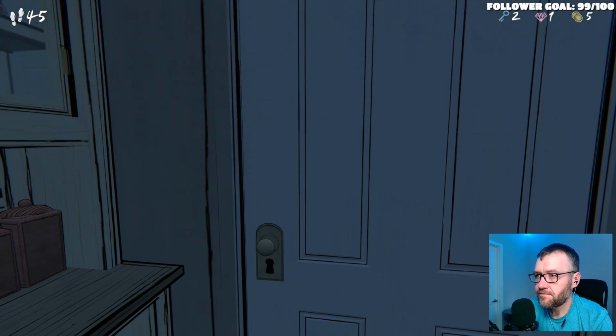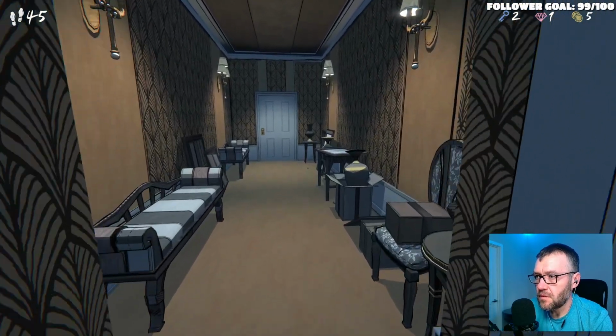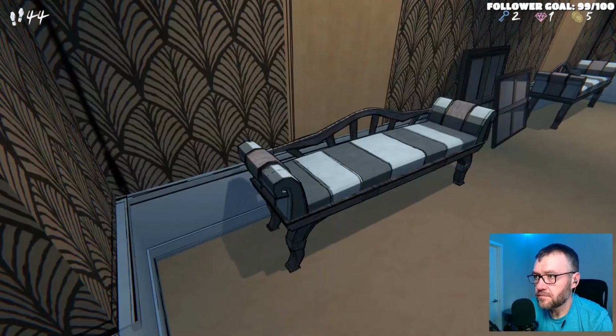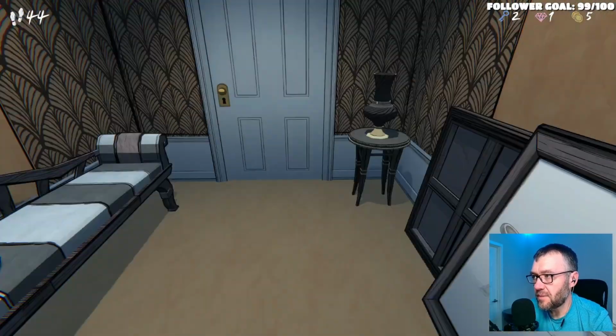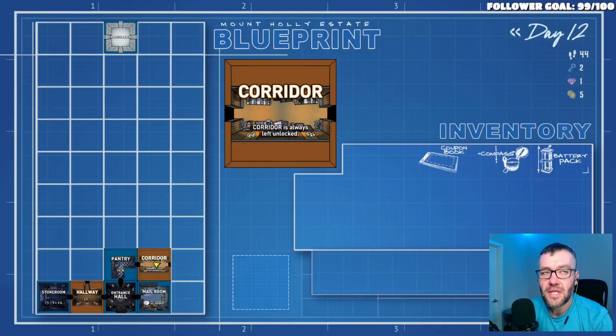We'll go with the corridor. All right, so what do we got? We got the bat and the tub. The bath and the bat. So that means that in the corridor here, well, in this spot on the room or on the blueprint,